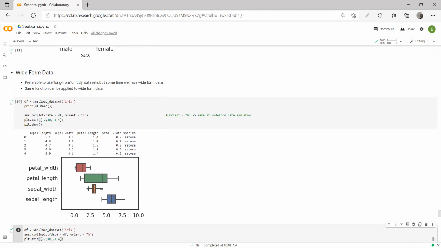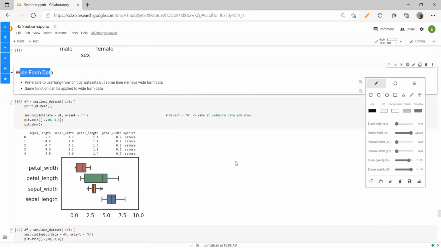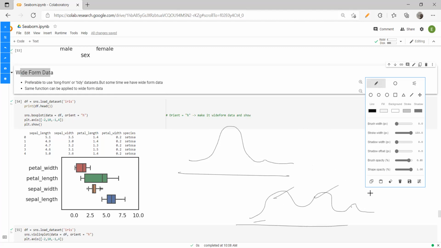The only thing, since we are over here, is I have also written something about wide form data. What is wide form data? It is when the data is distributed more, which means it's not an even distribution. Your data is not like this. The data distribution is not like this. It's not more data at the center and less over here. It's something like this kind of data. You are having data over here, over here, over here, and over here, right?